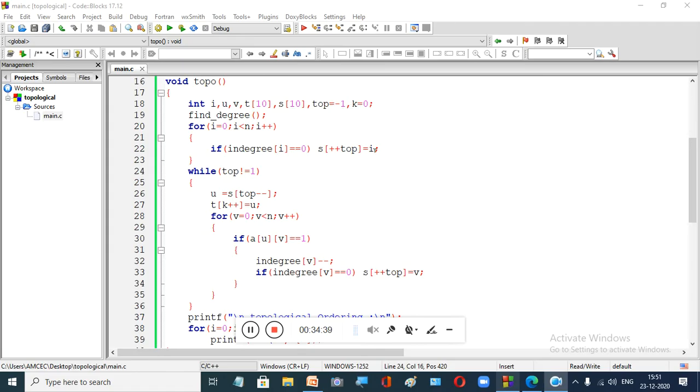When you push the first element into your stack, the pointer was initialized to -1, so -1 plus 1 becomes 0. That means you are putting the first element in S of 0, right? And when does your stack become empty? The stack becomes empty when the top pointer is -1. Whereas here, what we have given is while top not equal to 1. This is the logical mistake we have made. It should be -1, right?